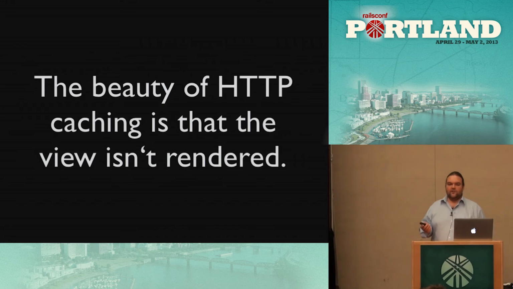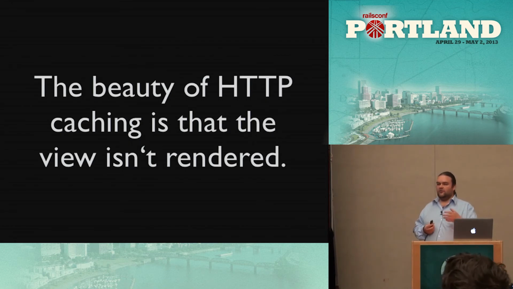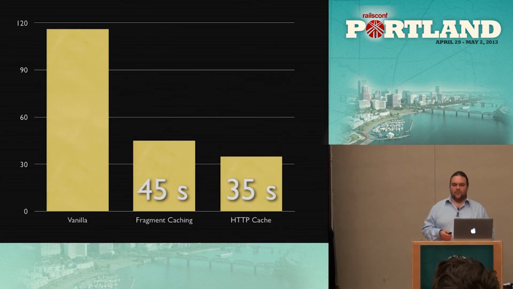And again, the beauty of HTTP caching is that the view isn't rendered. You just look up in the database what is the user, what is the last modified product, you generate your ETag, and then you can say, okay, yeah, the ETag the browser already gave me, that hasn't changed. So 304, maximum improvement. That gives us another 35 seconds. Obviously,